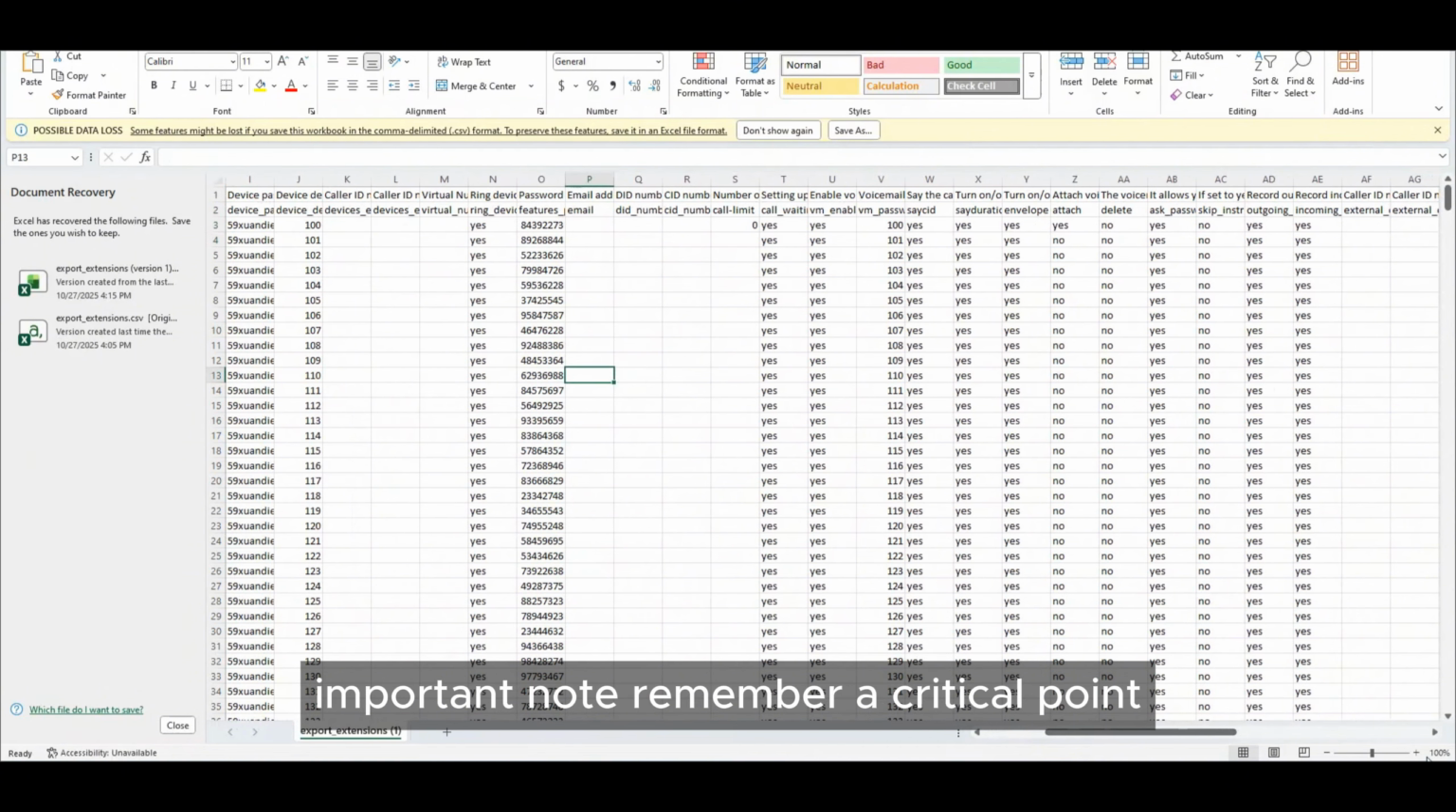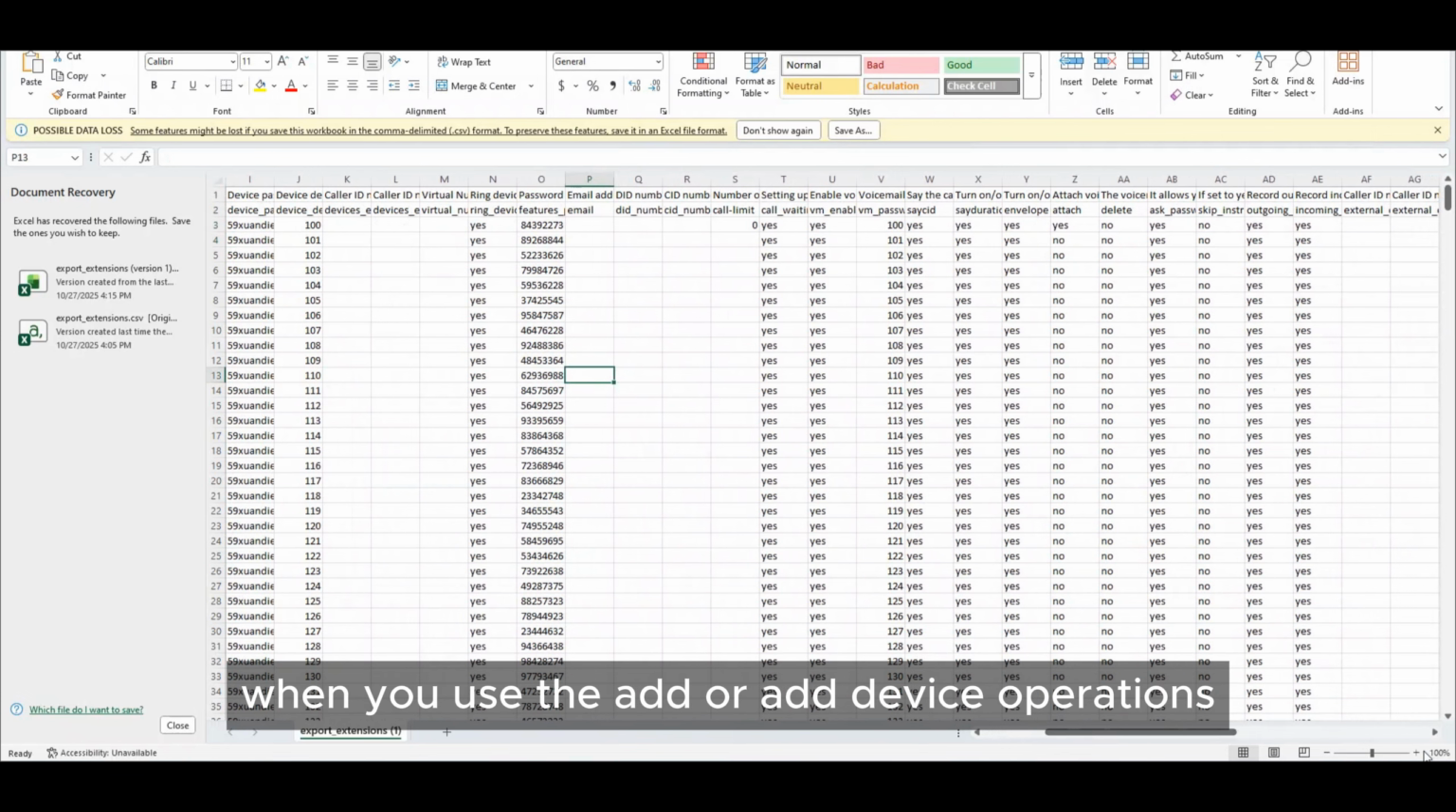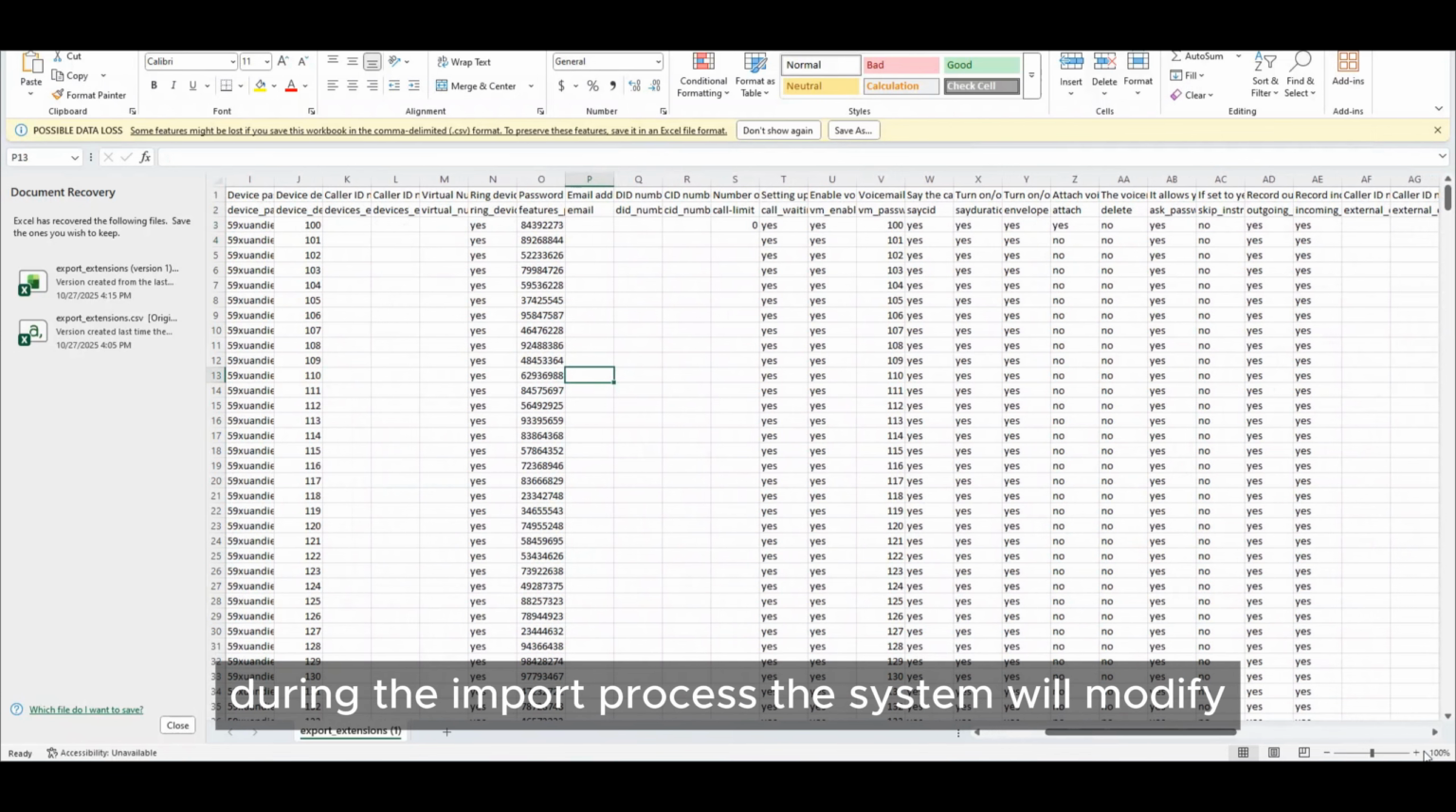Important note: remember a critical point. When you use the add or add device operations during the import process, the system will modify